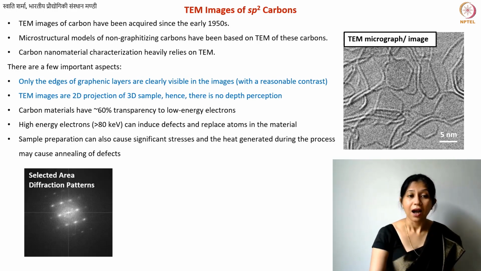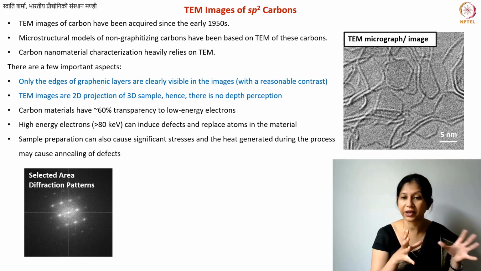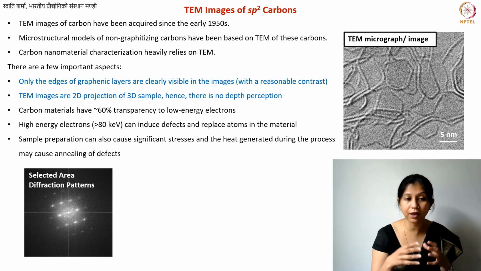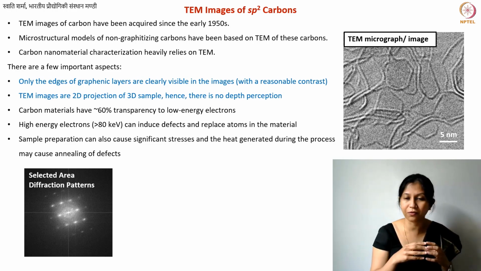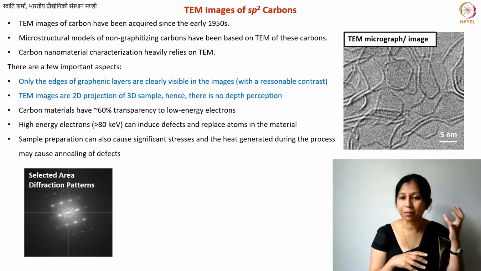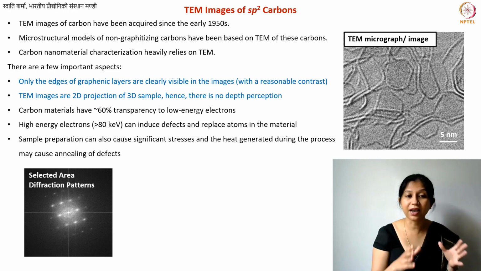How does a diffraction pattern look like? This is how it looks. We call it selected area because it is often done in a very small region of the sample. In selected area diffraction, we select an area in the image, and there we do the pattern. This will be important when some part of your material is crystalline and some part is not. So, okay, these are the diffraction patterns.